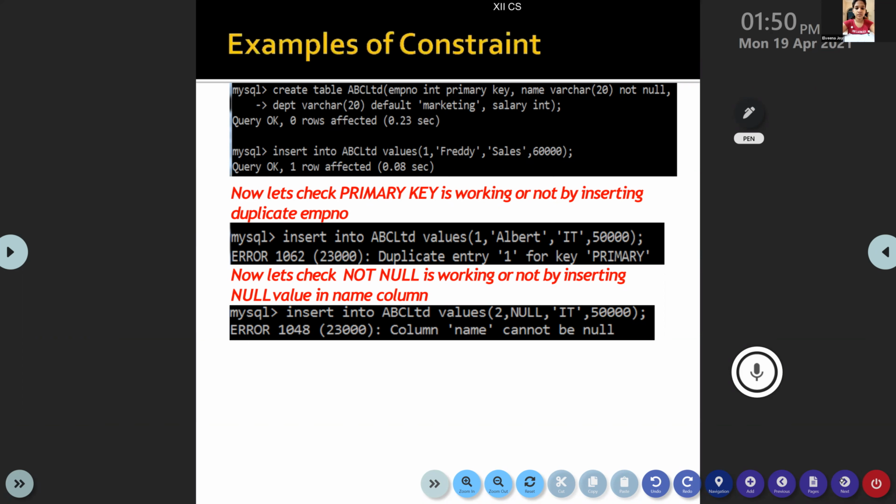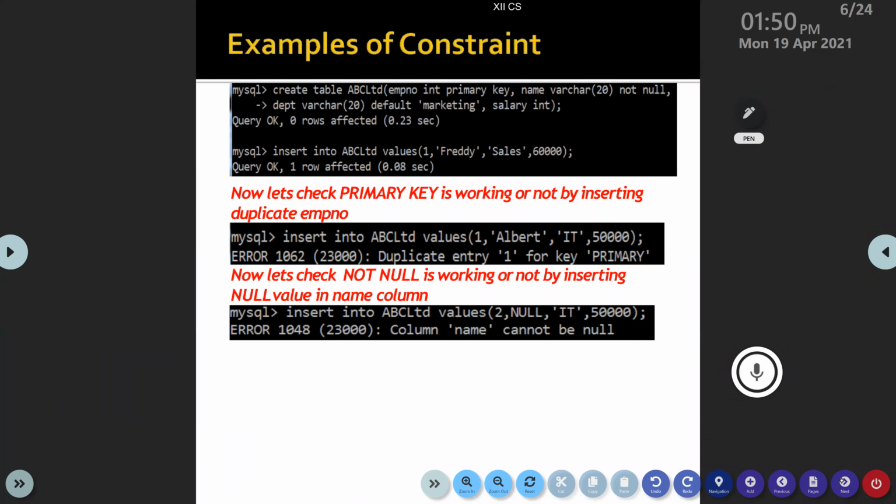In the second, it is giving null. It's an error because it's the name, and not null is specified. Okay. The constraint is not null, but the person entered a null value.